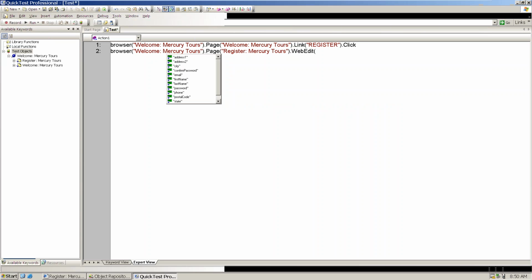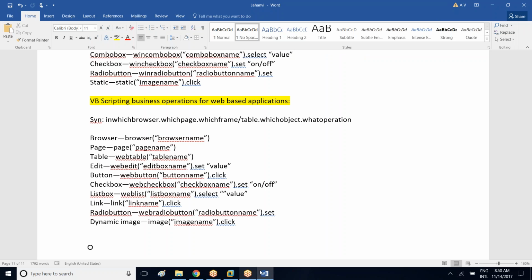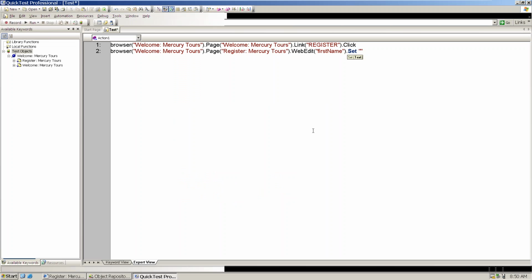So web edit of first name dot, you will go ahead and set the value. Give some name here. So let's say